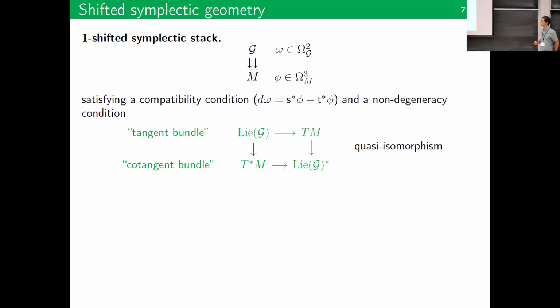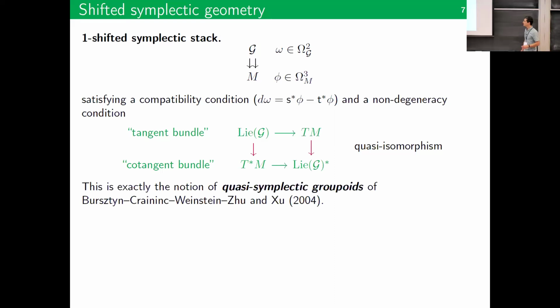So this is the generalization. And the other one is the non-degeneracy condition, that you get a quasi-isomorphism from the tangent bundle, which is a complex here, to the cotangent bundle. Okay. So the nice thing is that this recovers exactly the notion of quasi-symplectic groupoids, which was introduced almost a